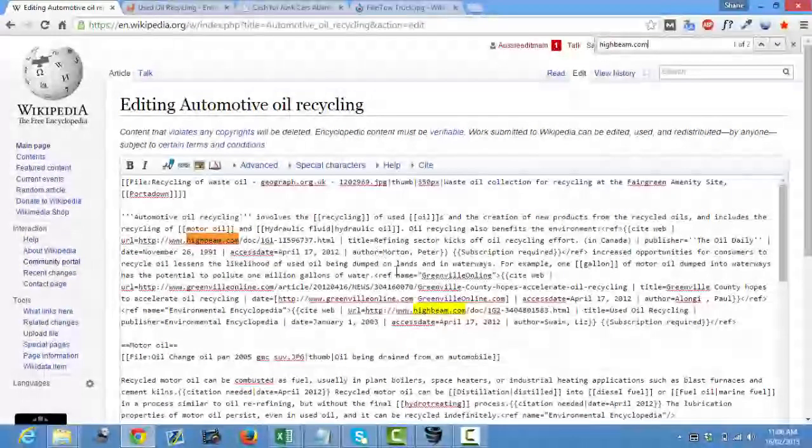Okay, great. So I need to replace it in 2 places.